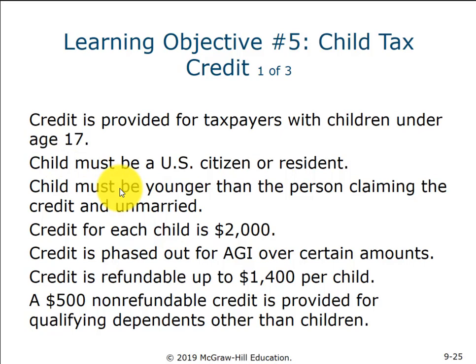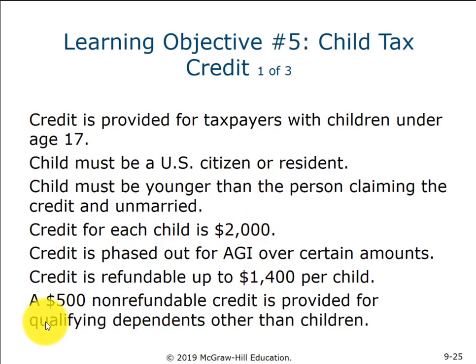Qualifying children under 17, U.S. resident. It's $2,000. It's double what it was a couple years ago. It does get phased out, but at very high rates. It is refundable up to $1,400 per child, if you have enough income. But that is the most. So remember, notice that you're not going to get all of it refundable, no matter what the